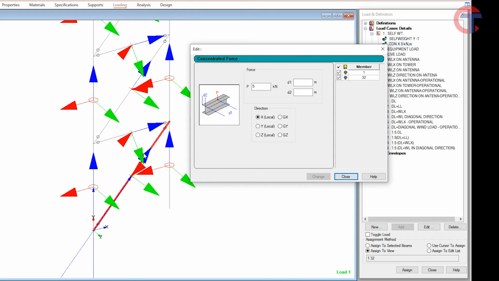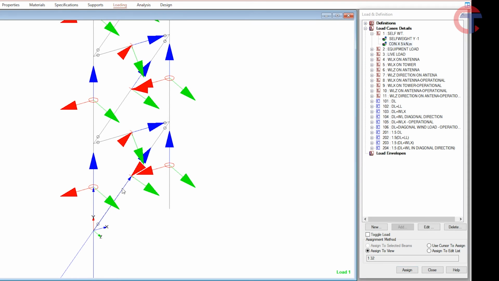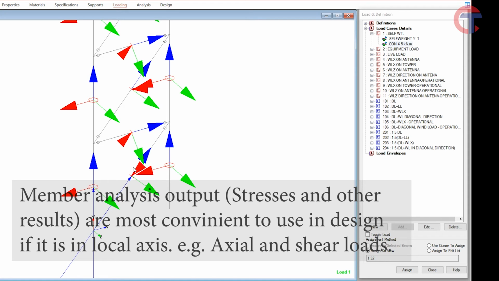Okay, so this is the local axis. This is the benefit of the local axis while applying the load on the member. I will close this. Similarly, after analysis, the software will give us how much load is coming on each and every member. So for this member, if software is giving load coming on this member in the direction of global axis, then it will be useless for us.